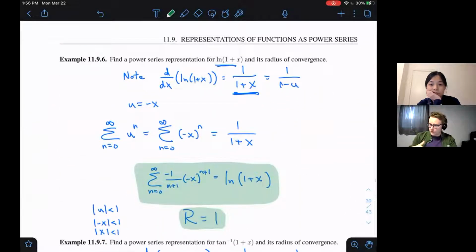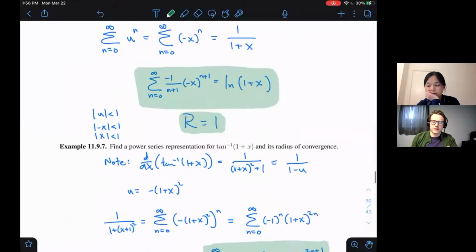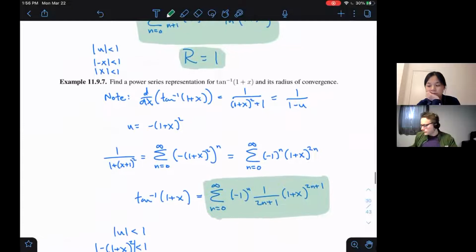So we did a derivative one, and then here on this page, we did a couple integral ones. So we talked a little bit, right, that if you were to integrate 1 over 1 plus x here, you would get to this natural log thing. And so by using that, we can come up with a power series for the natural log of 1 plus x. And so we did that, and we also saw that you can make something like tangent inverse, because this is just going to be the integral of 1 over, well, we see here 1 plus x quantity